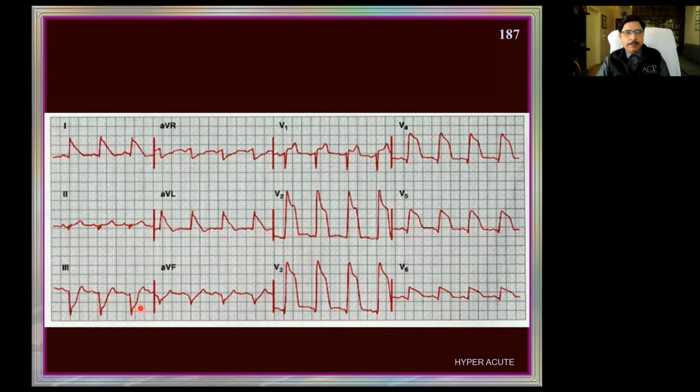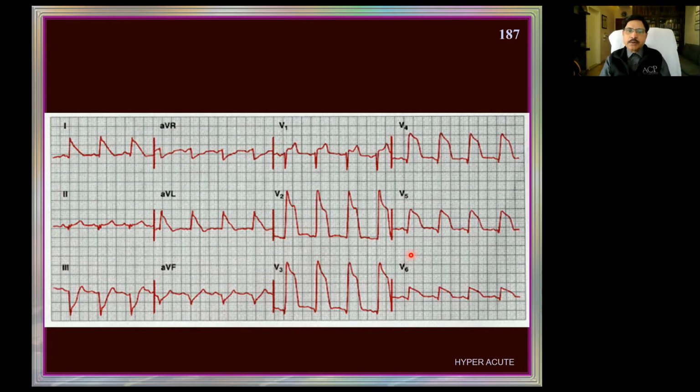And you see here depression of ST segment. You should not call it as NSTEMI of the inferior wall, because these are complementary changes of the STEMI of the anterior lateral wall. So those depressions are in fact the mirror changes, or the complementary changes, of the anterior leads. Such a scenario is called hyperacute myocardial infarction. And just before that, what you will have is very tall T waves, and that will be replaced by ST segment and T wave together up.